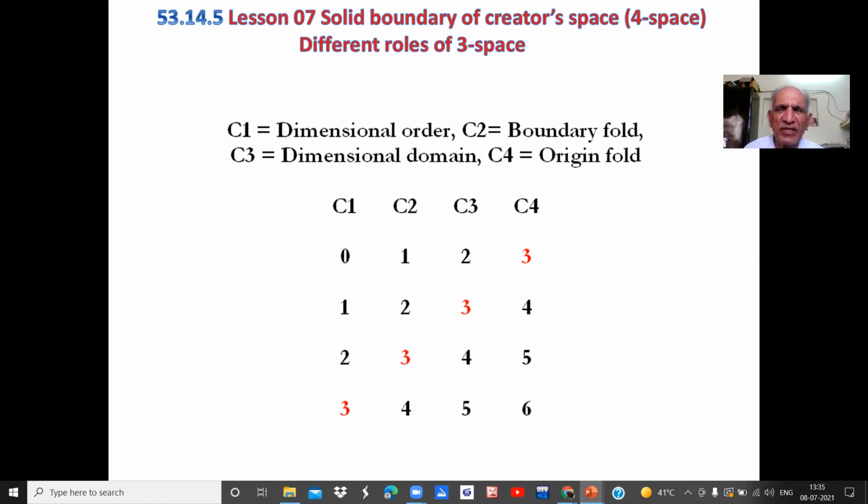Sadhakas fulfilled with the intensity of urge to be parallel with Vedic systems, and particularly to parallel with the role of the solid boundary of the creator space, shall visit and revisit these quadruple distinct roles of 3 space as origin, 3 space's domain, 3 space's boundary, and 3 space's dimension. In this background, one shall further